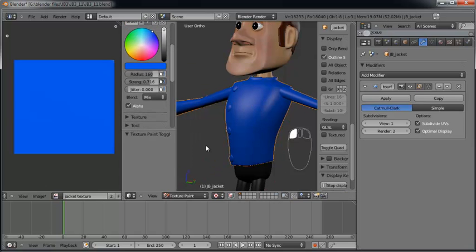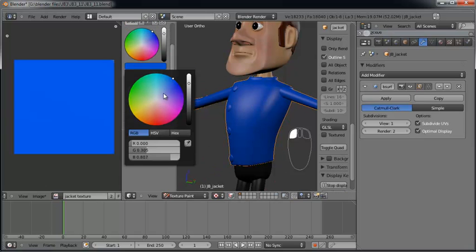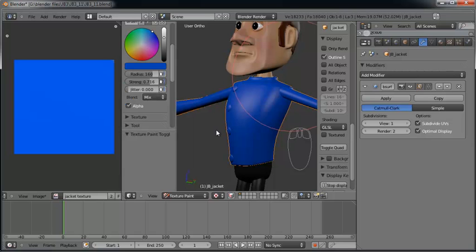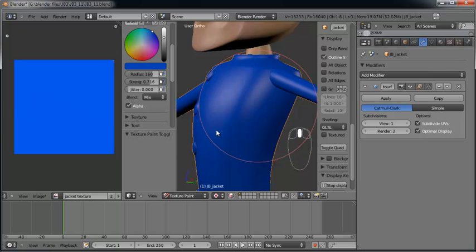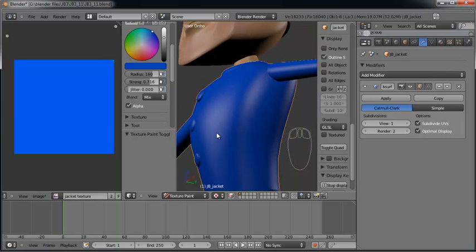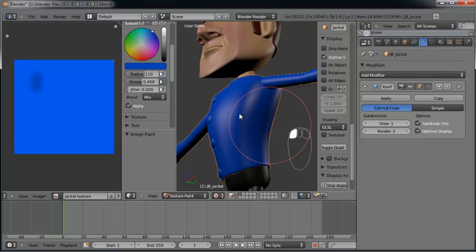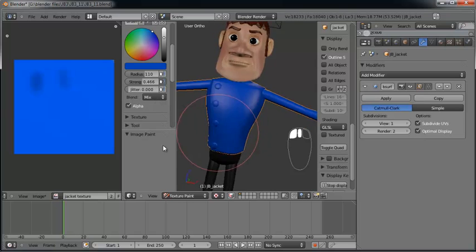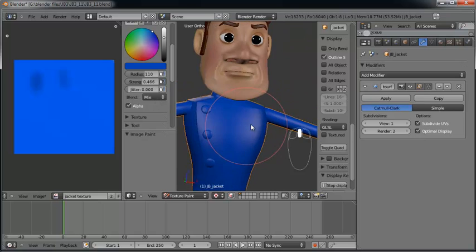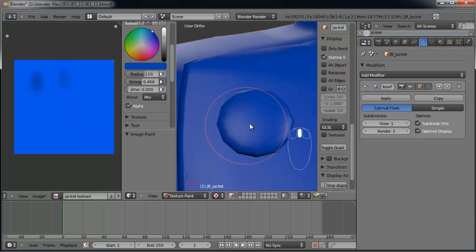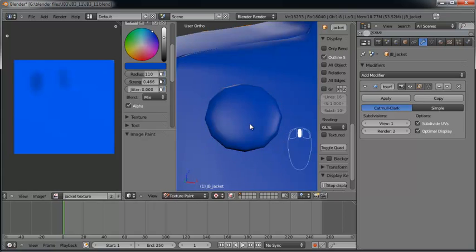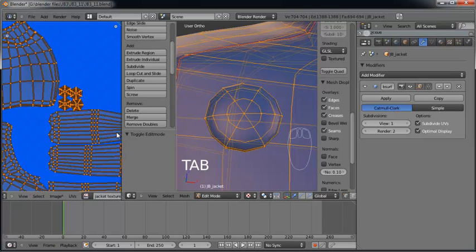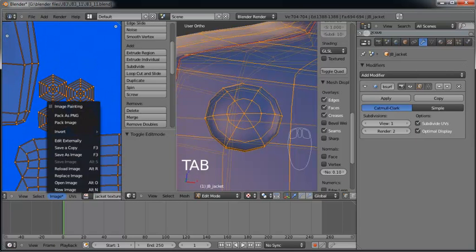So we'll just add a little bit of subtle difference here. A little bit darker blue here, like for, say, the sides. Let's make the strength down and the radius down a little bit. Let's kind of just barely brush on there here on the sides, and then maybe darken the buttons up a little bit. Actually, let's do that on this window. Let's select everything, then zoom in here so we can see what we're doing. Turn that to